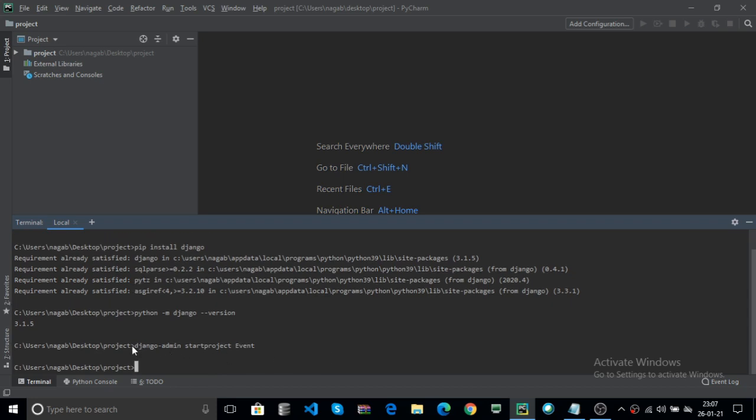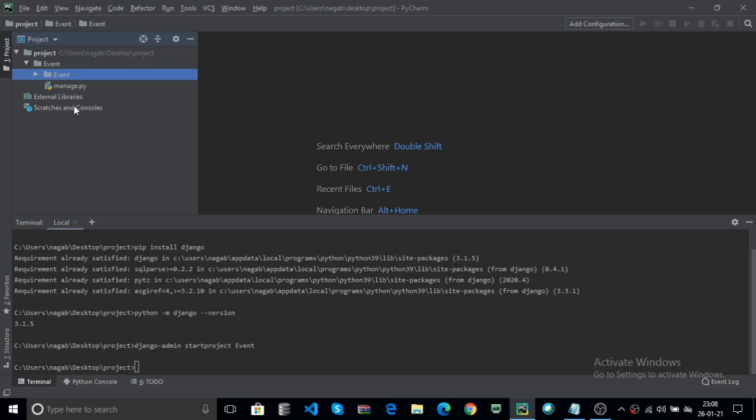Here on the desktop, the project folder, your event package is created, that is the event directory. Here event is your Django project. Now you can check. Here this is the event. The event is the root directory. The inner event is one package. The package contains the modules. The modules contain the functions. Now expand your event package.